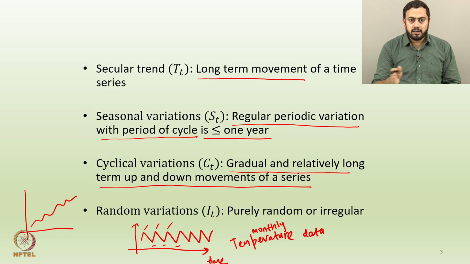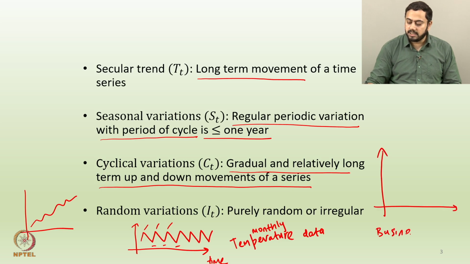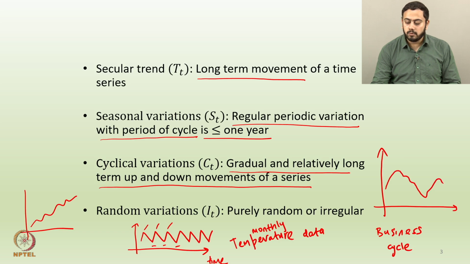Okay. So, obviously later on I will show you some particular examples, but just to describe the cyclicality idea in a bit more detail, if you think of a simple example such as the business cycle, the cycle of any particular business. In a business cycle, whenever the business is in boom, you can see a peak, and whenever the business is not performing that well, you might see a trough. Again, the next peak might not be as high as the one you saw earlier. And due to the dynamic nature of the business, the next trough also need not be at the same length as earlier. So, this is a classic example of cyclicality.